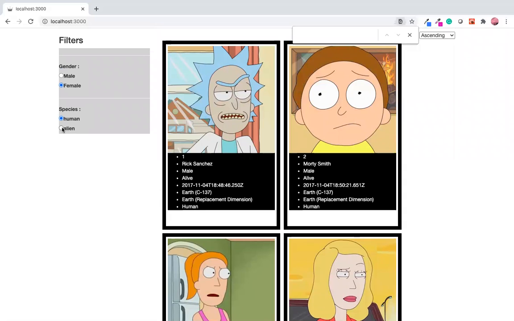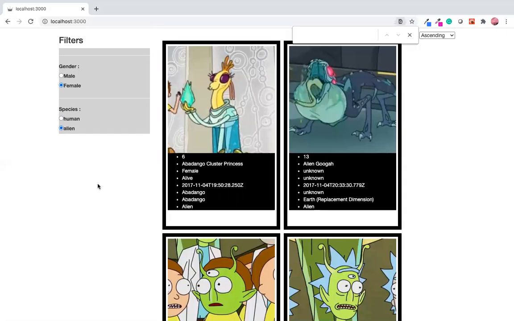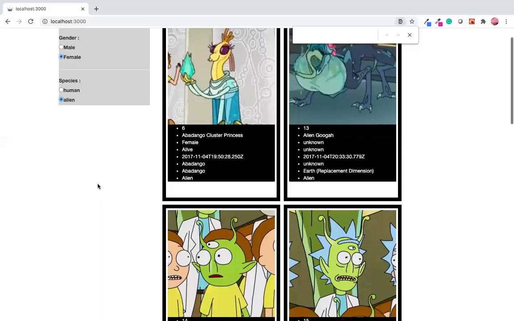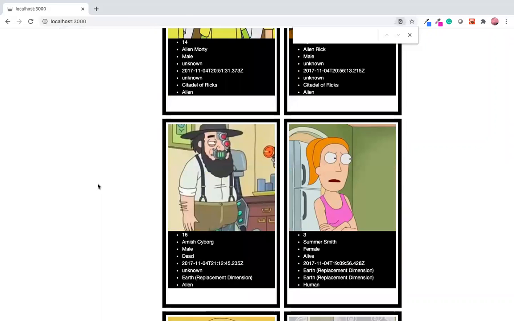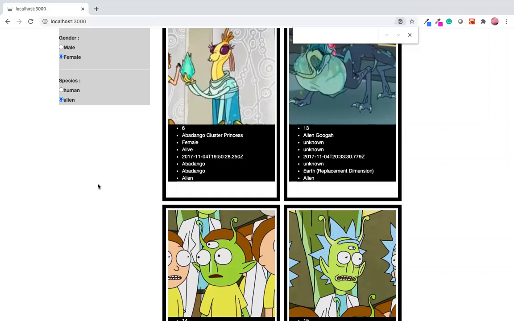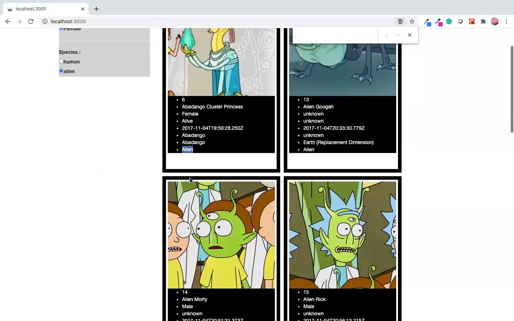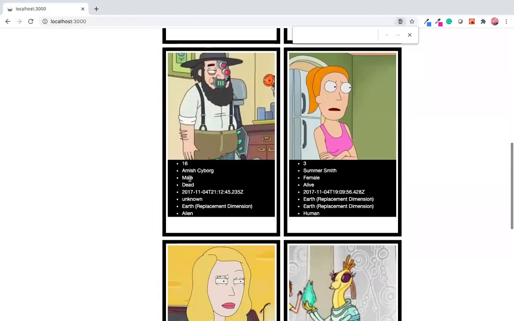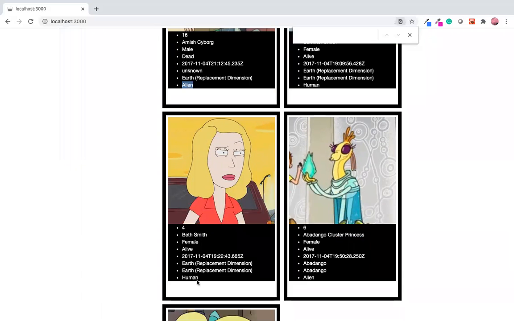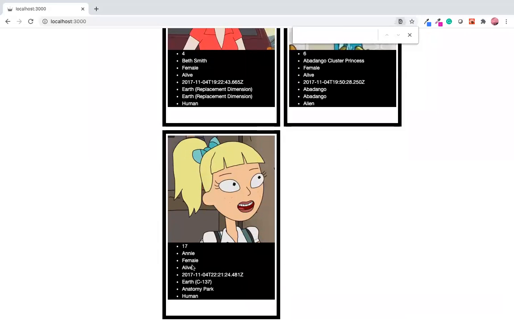Likewise, alien. Here in the alien also, I am having alien and also human, female. Whatever the alien, these divs should be either alien or female. You can see this is an alien, and this is an alien, and this is a female. This box is female, and this box is female, and this box is alien. And this box is again female.